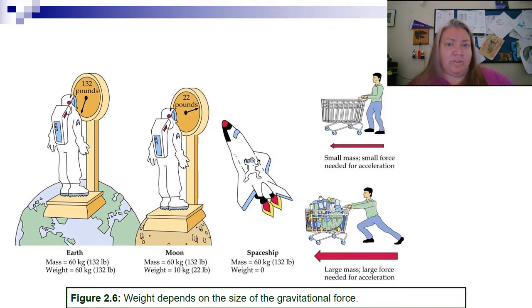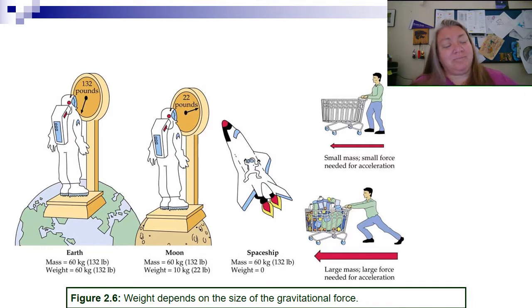Now, just looking at those two, which of those two carts would it be easier to start pushing? Well, the one that's empty, that one would be a lot easier. It has less mass. It has less resistance to acceleration. The bigger one has more mass, more resistance to acceleration. It would be harder to get started. Now, once you get them started, assuming you're on a frictionless surface, it's going to be harder to stop the